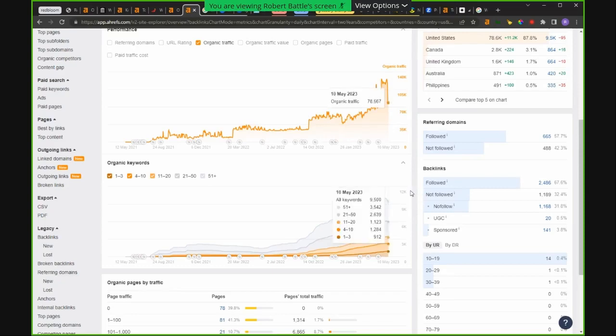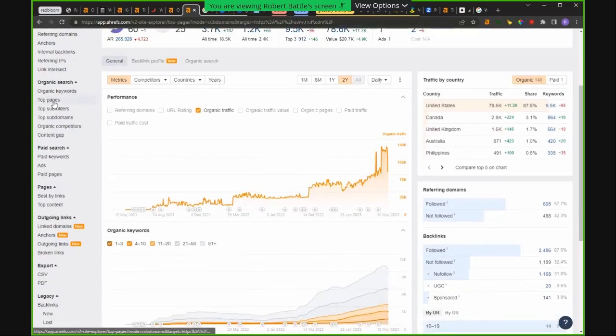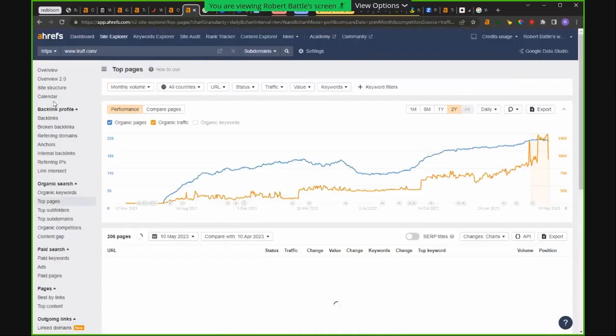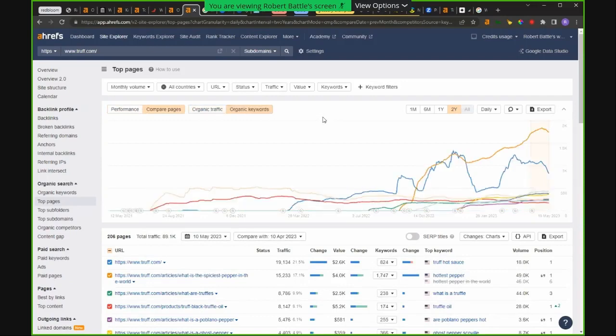But let's talk about what they did to get here today and where they are. So let's look at their top pages. We're doing the exact same thing we've been doing basically. Top pages, we're going to compare pages because I only want to look at organic keywords. And this is how we basically get access to that. Organic keywords, boom. Okay,